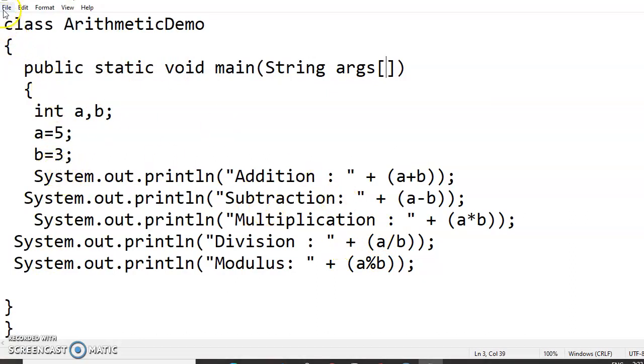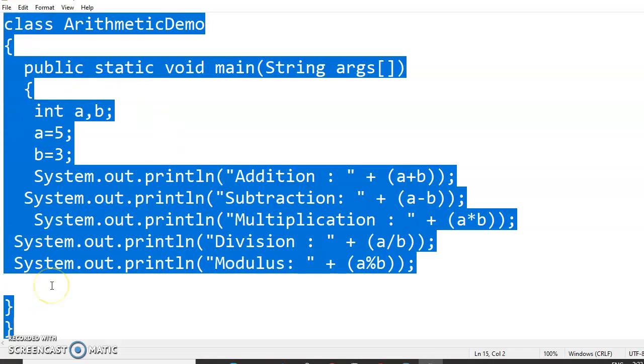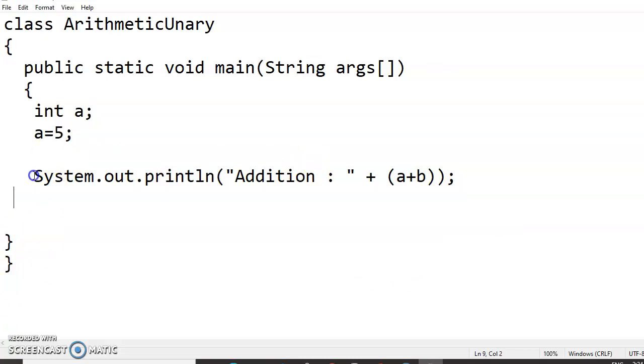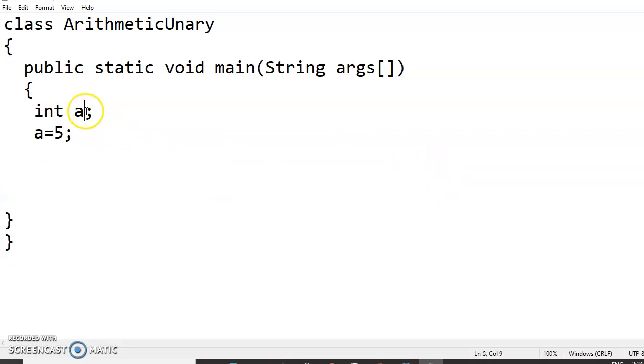Now let me explain the unary arithmetic operators and see how the values change. Arithmetic unary, let me write. What are unary operators? Plus plus and minus minus. They act on only one operand, so two are not required. Let me take d also and store the result of applying plus plus and minus minus on a to b.